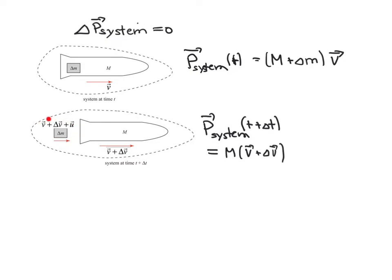And then the fuel is traveling at a different velocity. So its contribution to the momentum has a mass delta M, and its velocity is v plus delta v plus u, where remember u is the velocity of the fuel relative to the rocket. And of course, the direction of u is typically going to be to the left, right? We're typically shooting the fuel at a velocity which is moving in the direction opposite to the velocity